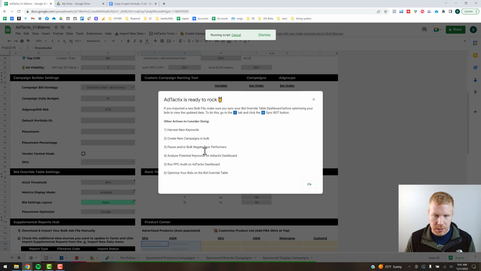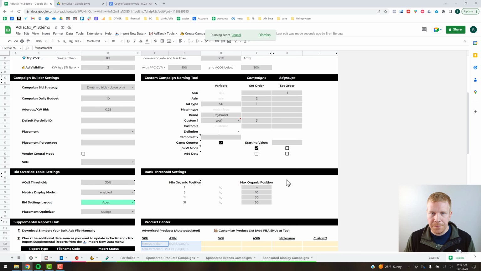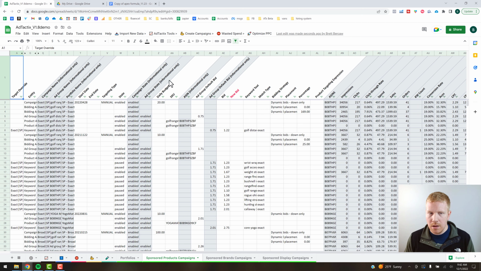It gives you some suggestions on things you can do now, depending on if you've imported. For some of these, you've had to have imported your search term files, maybe your brand analytics files, stuff like that. But I'm going to hit OK. All right, and the next step that I actually recommend is when you're first getting started, go ahead and click into these tabs, and you'll get an idea of what you're looking at here. So I'm going to minimize this just a little bit,